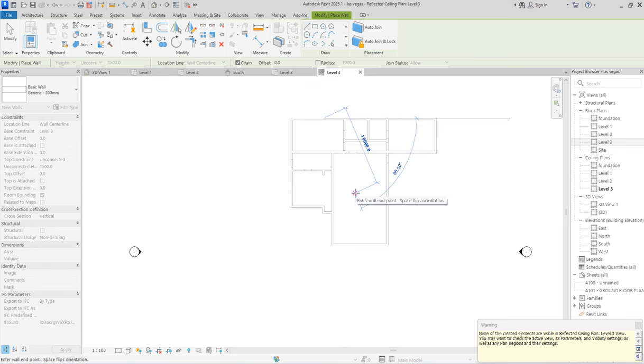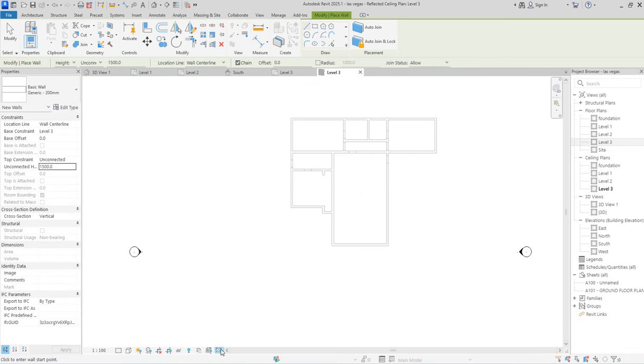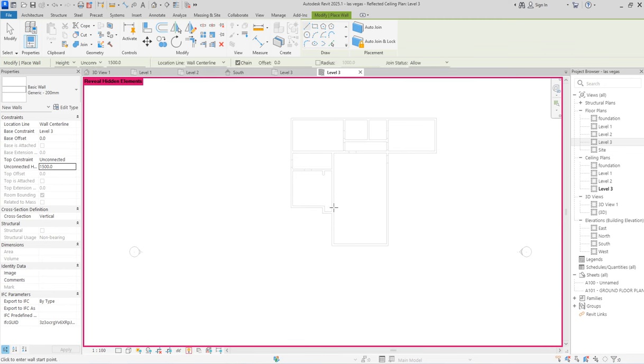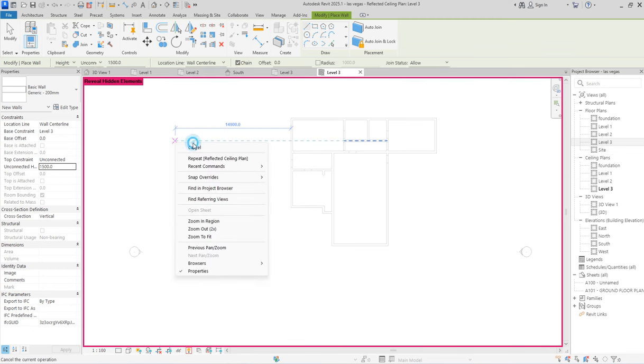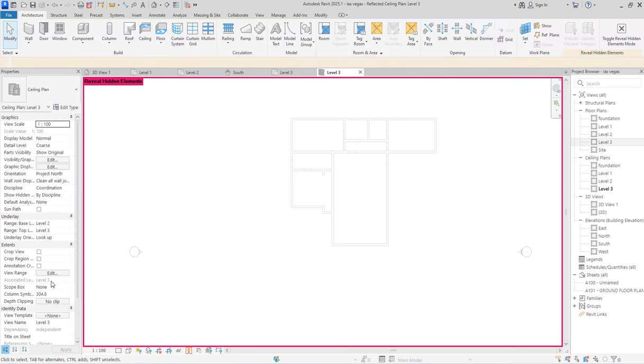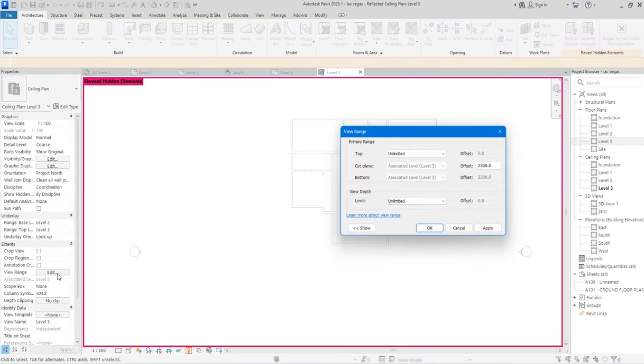It's telling me that something is not showing at this junction. So click on view feasibility. Why is it that it's not showing? You need to get in touch with that and see what is going on. The view range will be the point here. The view range is what the cut plane is at this high level. So I think it's okay. Top level unlimited is not going to give you what you need, so just say top level, I say to level 3.